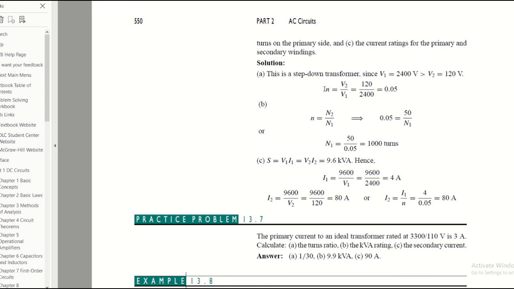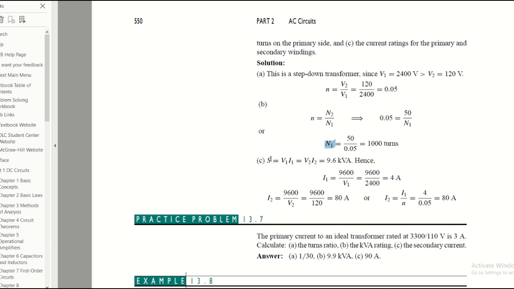We already know the value of n here, so N1, which is at the primary coil, will be 1010. And to find the current of each primary and secondary circuit or coil,